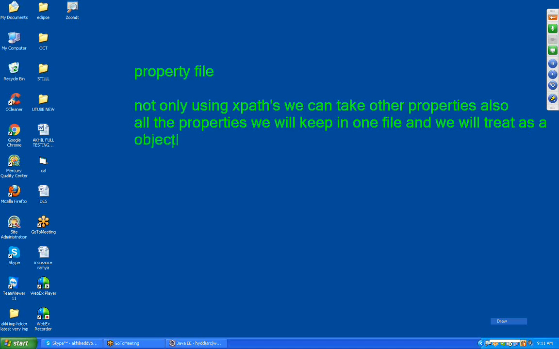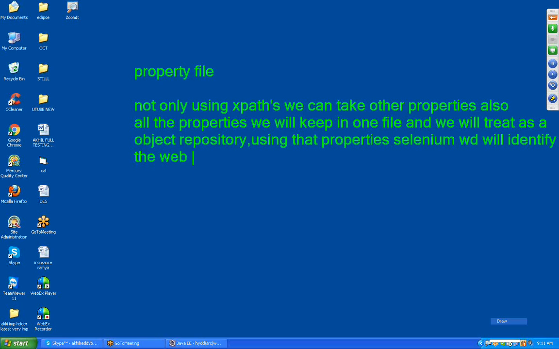Using those properties, Selenium WebDriver will identify the web elements.